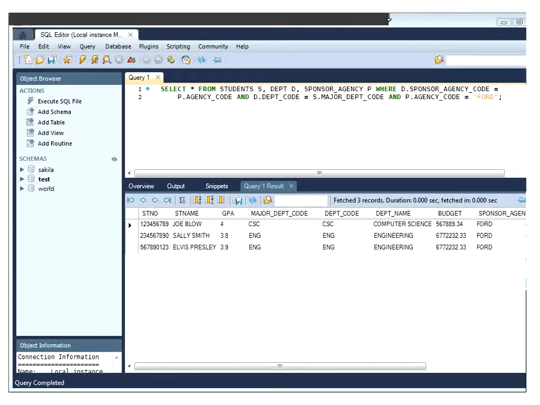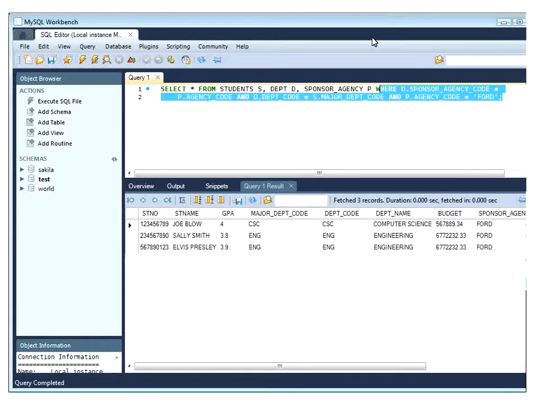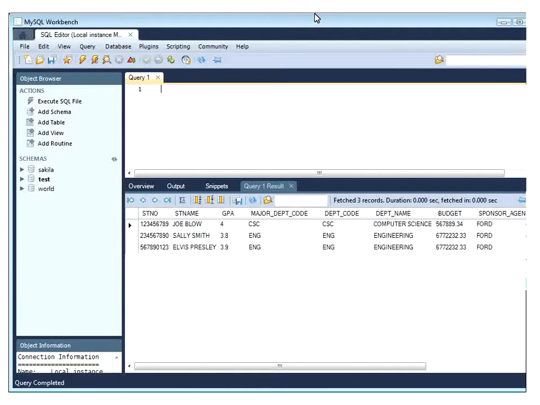Let me think about what else I can show you. Oh, here we go. Outer join. Okay. Sometimes you'll want to see all results if you join two tables, let's say. Sometimes you'll want to see all results from one of the tables, whether or not they're included. Like, let's say,